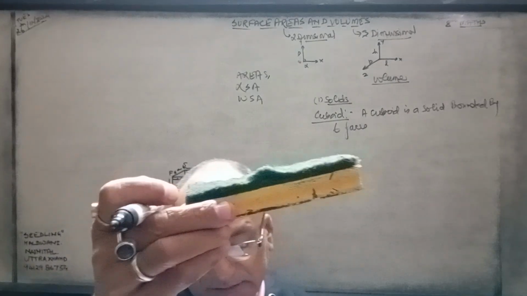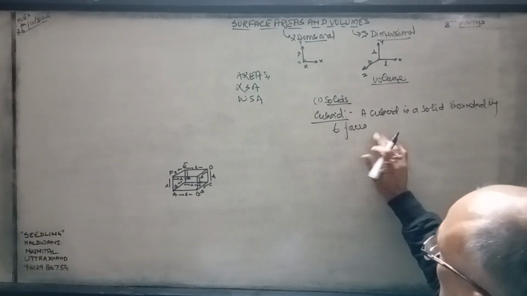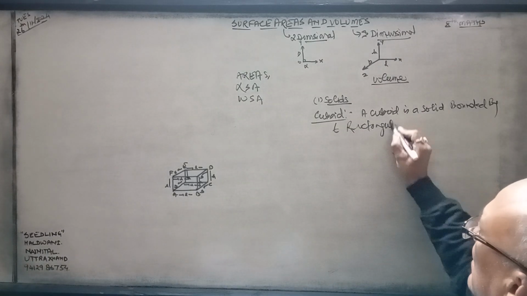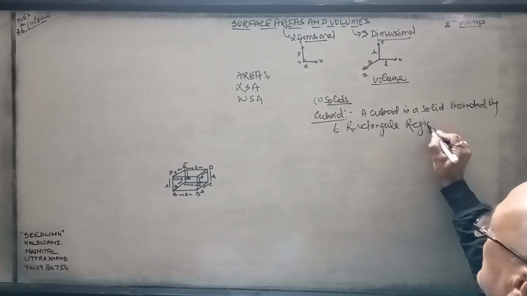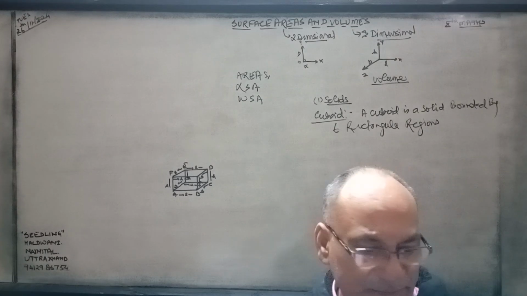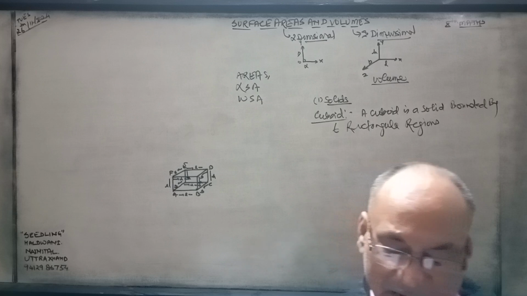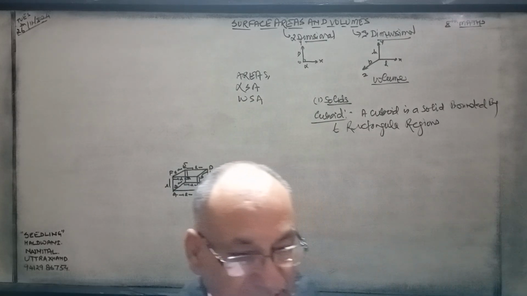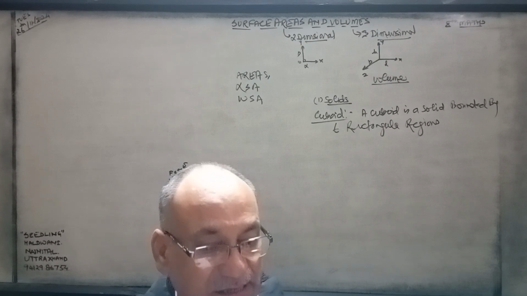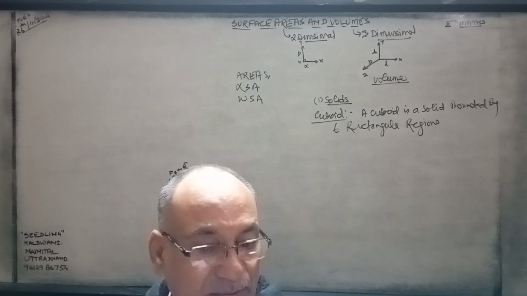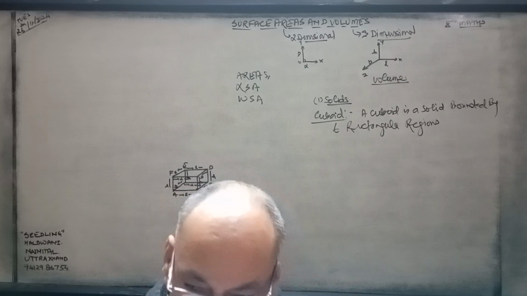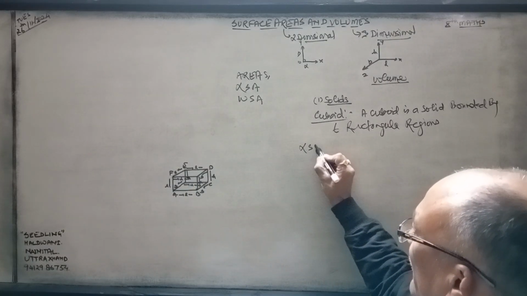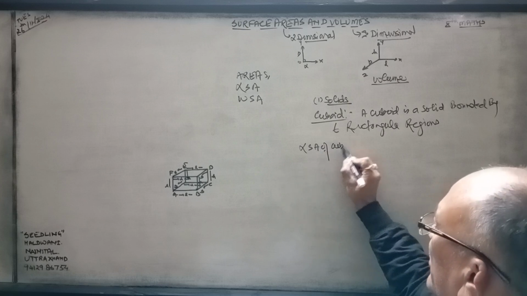The 6 rectangular regions that I showed you earlier, you can say this too. We have not gone into that much depth, we only need its definition. If you take 2 squares and add them to each other, the new figure will be a cube. Is it clear? So now, we come to the lateral surface area of a cuboid.